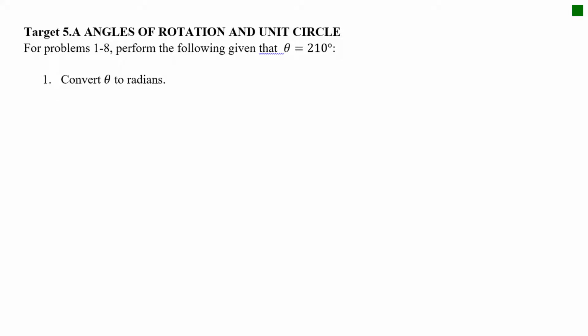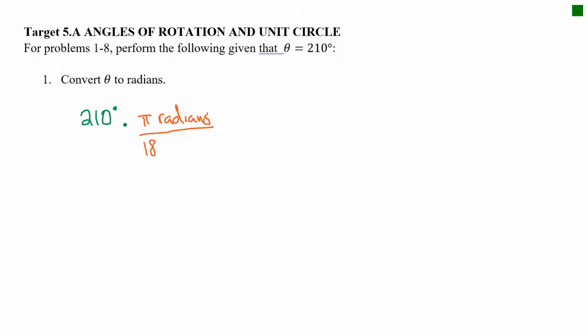This question has us converting our given angle, which was 210 degrees, into radians. So what we're going to do is start off by writing 210 degrees, and I need to multiply that by a ratio that would move it into a radian. So that ratio is going to be pi radians